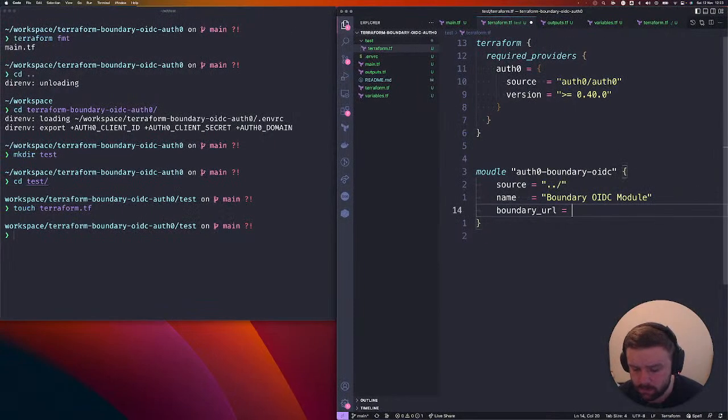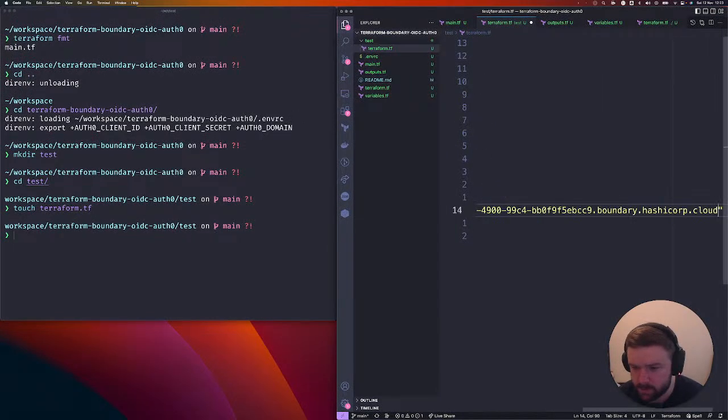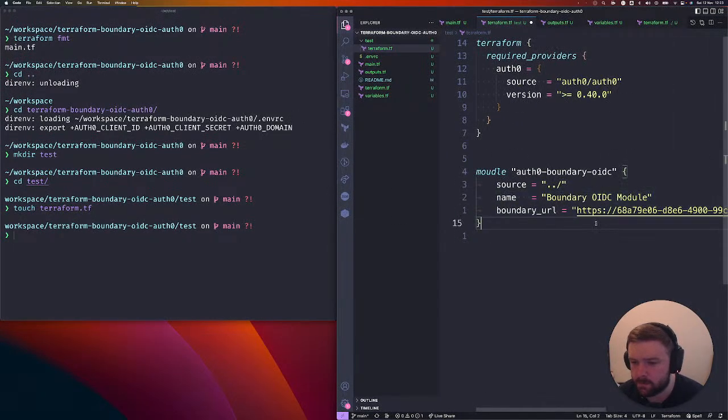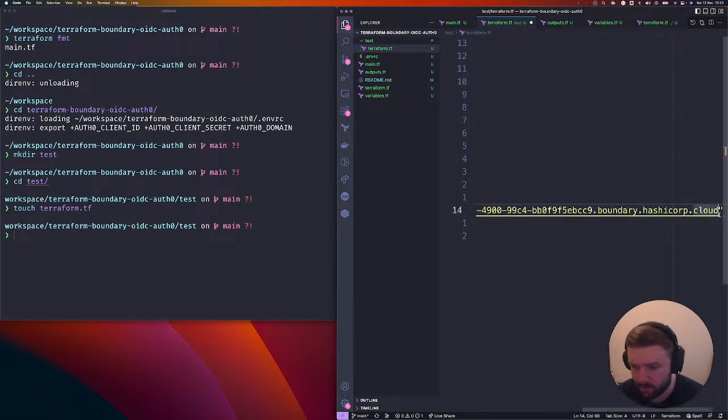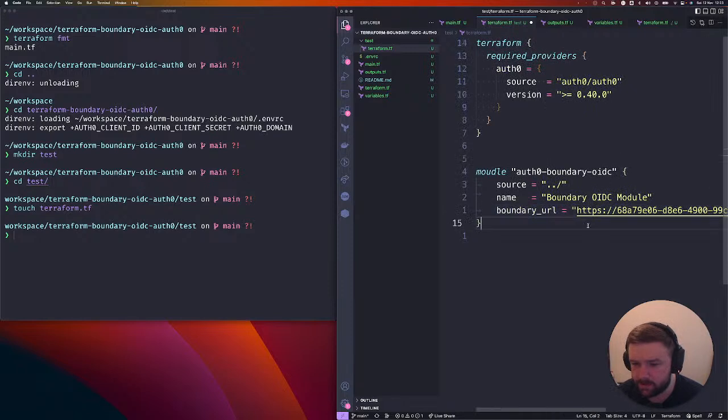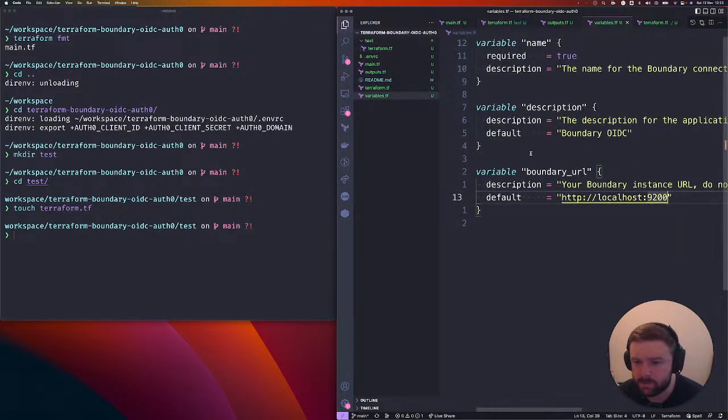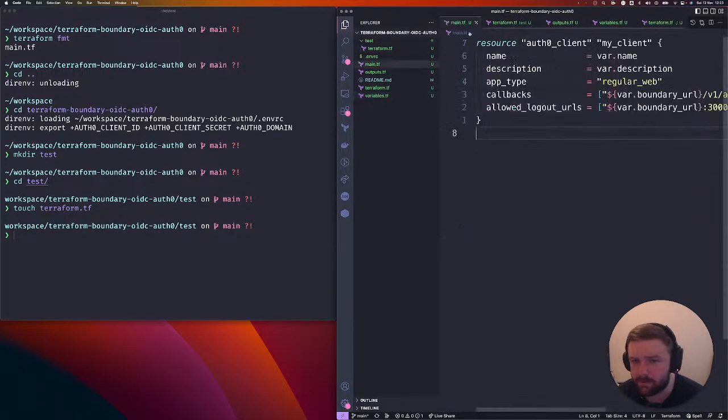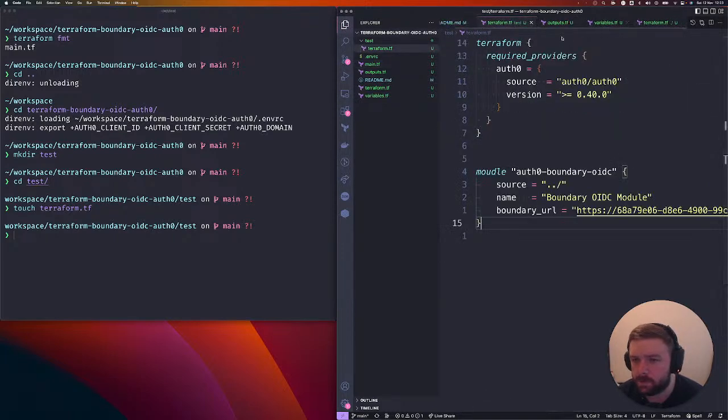So I don't mind sharing that because I can delete the instance after. So we're specifying our boundary URL. We've not got a slash on the end of the URL, so that's good. And what else have we got? Those are the only 3 inputs we've got at the moment. So if we just close off that and the README,